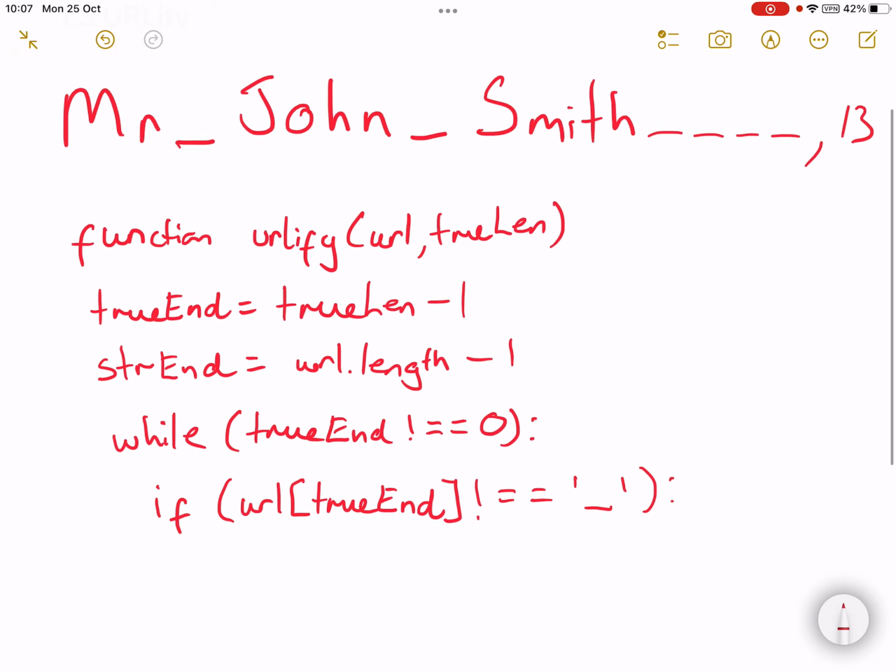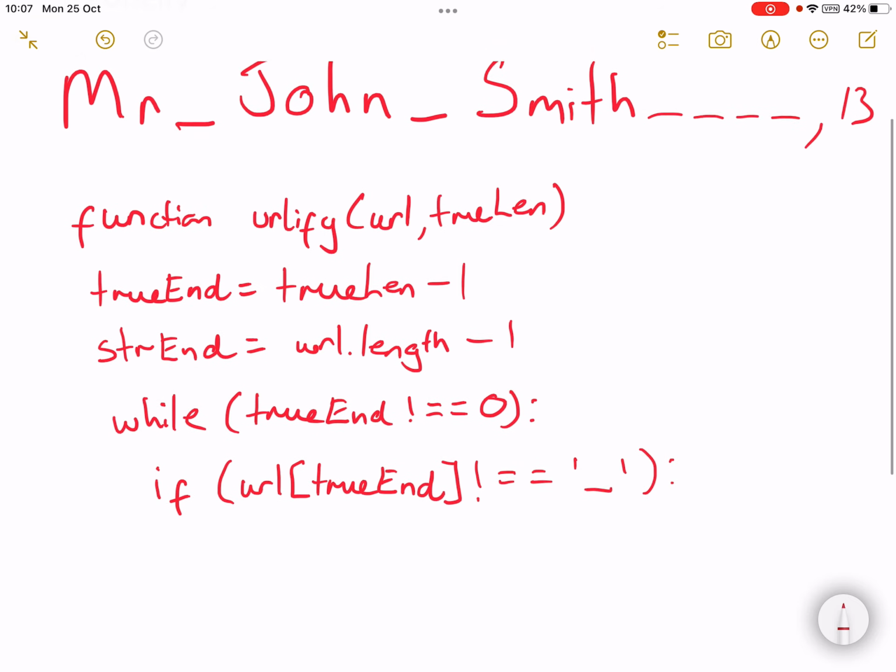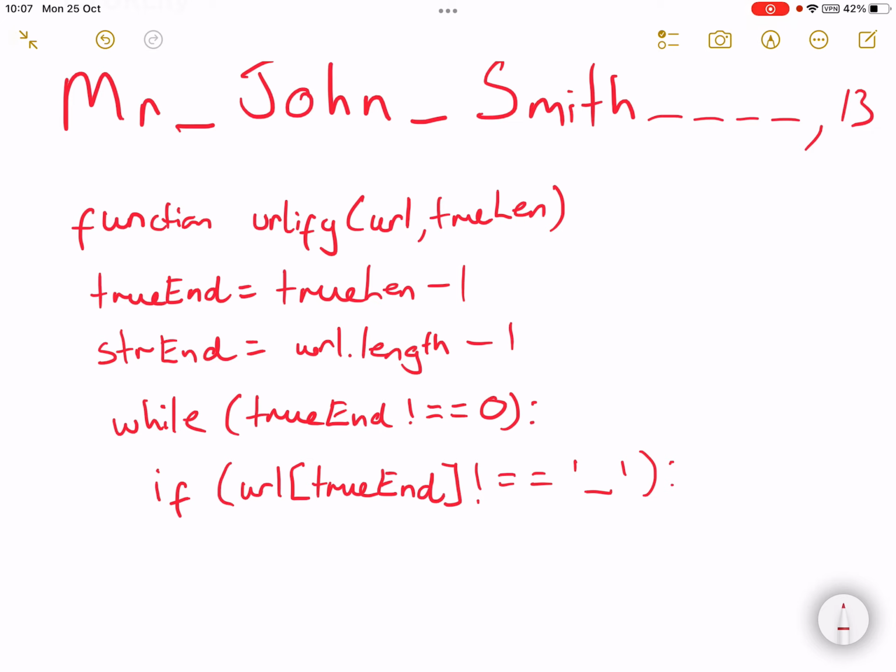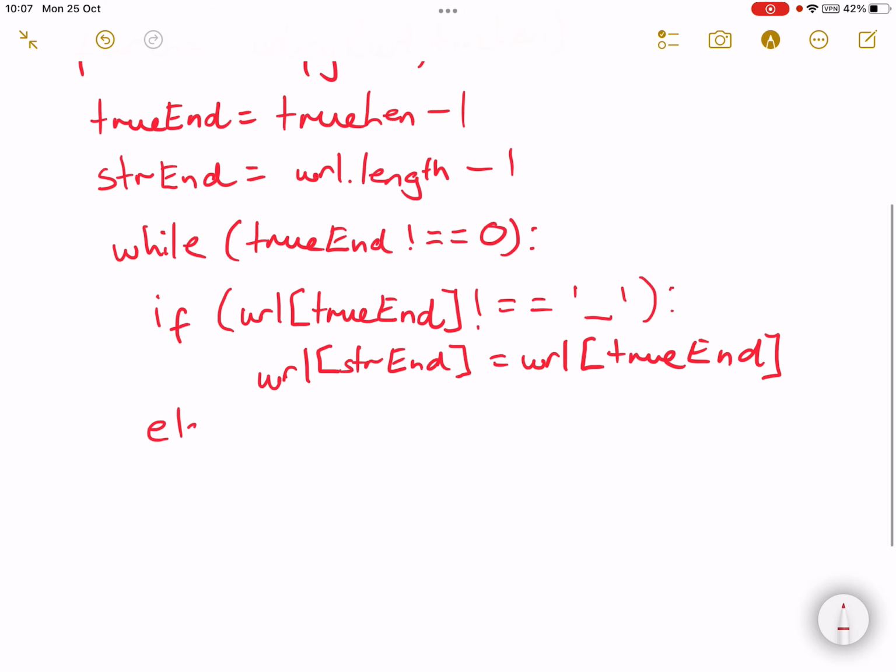If it's not a space, then URL str end is equal to URL true end, else, yeah. So we do URL str end is equal to